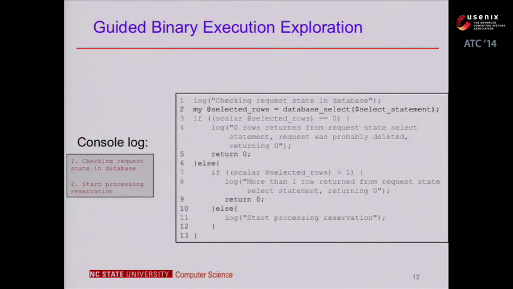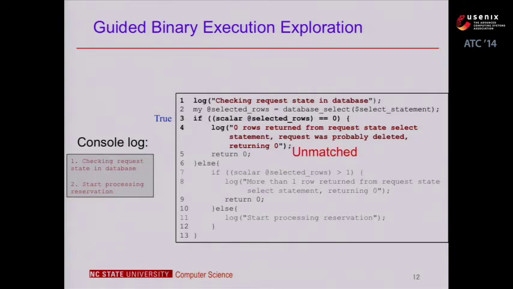Here is the guided binary execution operation. I will walk through this example. On the left-hand side, I'm showing a console log message from one VCL failure. It's only two console log messages from a subset of console log messages. And on the right-hand side is a piece of code from VCL. So In-situ first executes the code. You can see that's the first one. It generates the first console log message and goes to the first branch. It could be a true value, so it may generate different console log messages compared to the second one.